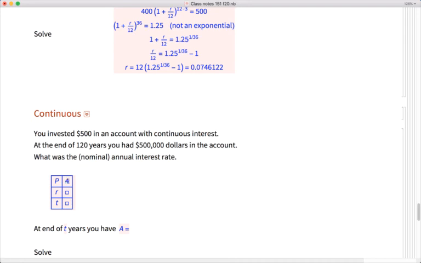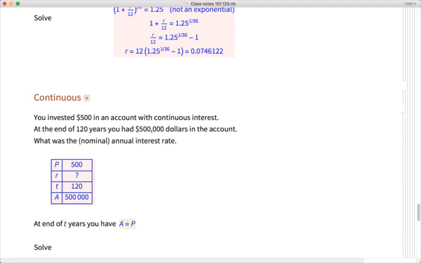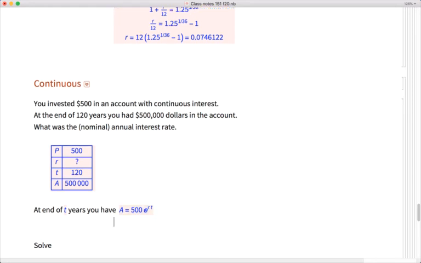All right, so 500, oh gosh, interest rate unknown. At the end of 120 years, the amount, I think I was trying to be funny here. I hope this doesn't wind up being a terrible problem to solve. So the formula for continuous interest is e to the rt up here. And what we're going to try to solve is $500,000 equals 500